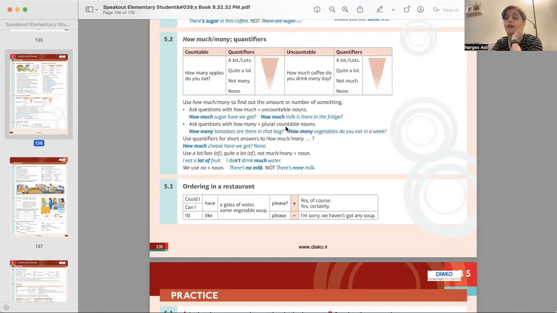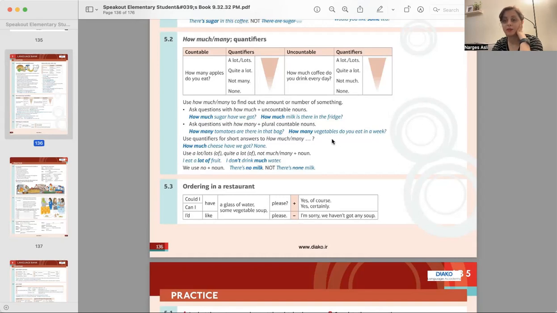این هم خب وقتی که how many میری حتما باید اسم بعدش جمع باشه. How many apples did you eat? How many papers for example did you bring with yourself? سوالشو ببین. How many tomatoes are there in that bag? چند تا گوجه سبز توی بگ هست؟